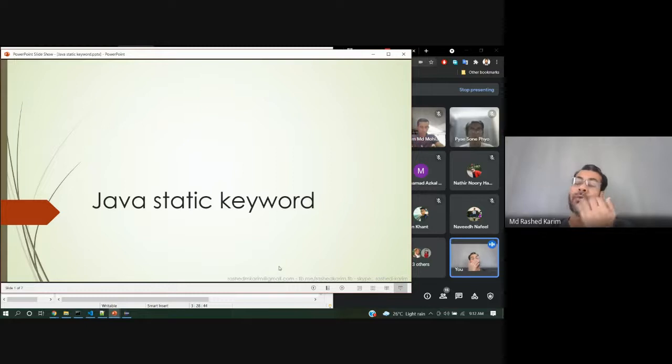So what constructor can we call? It depends on the number of parameters. Like I have 3 constructors. One is default constructor, there is no parameters, second one is one parameter constructor, and the third one is 2 parameters constructor.